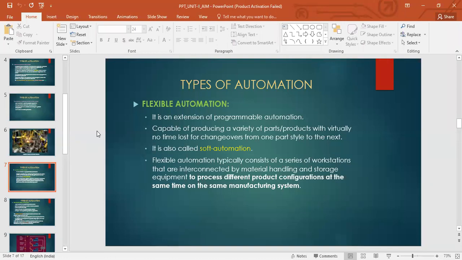We have this in the next unit. So all those are material handling equipment. So that will be required in here because different workstations are connected, right? A product may have to be sent to different workstations to achieve different processes, right? So you have to have a material handling and storage system, especially in flexible automation. Okay.